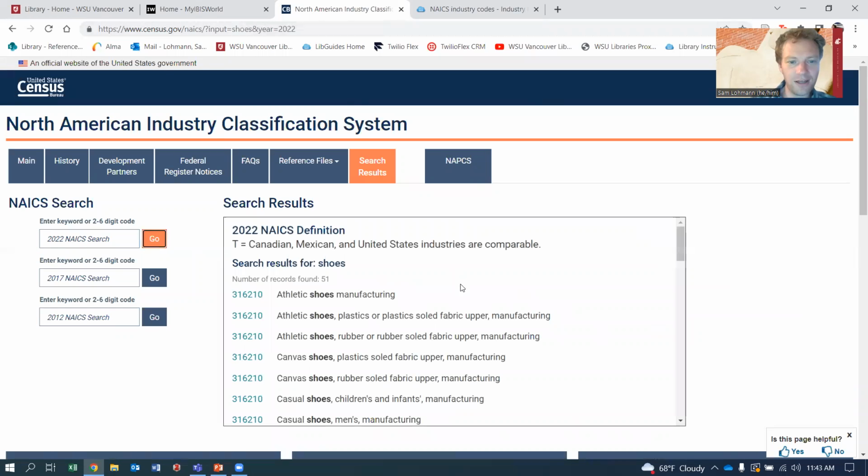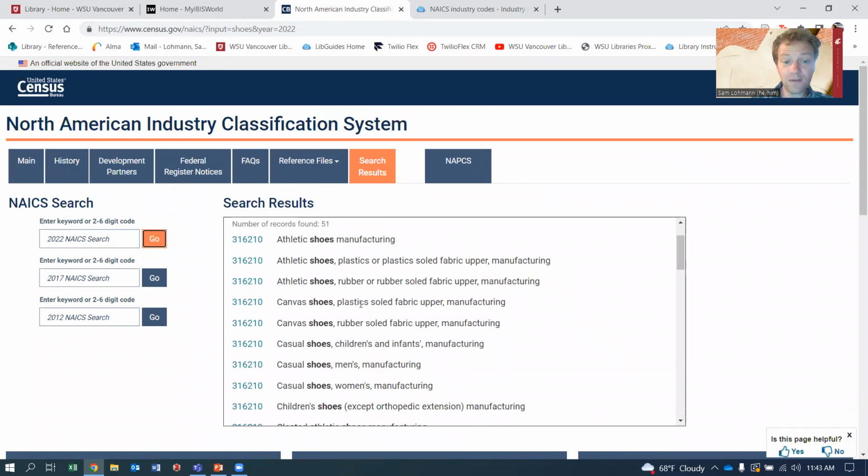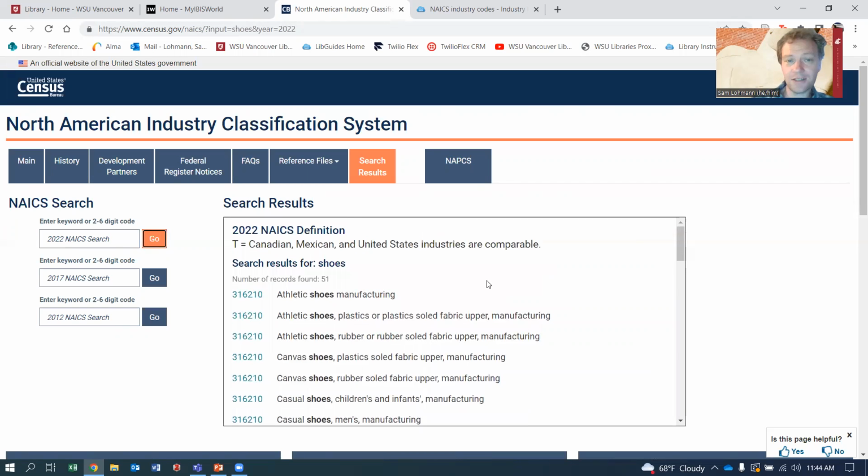I might need to do a little trial and error if they don't like the particular word I chose, but here we can see all these different shoe industries that are all classified with the same code, 316210. So the athletic shoes manufacturing, different parts of athletic shoes, different parts of canvas shoes, and so on. They all have the same NAICS code, even though they also have this vocabulary for talking about them. So I recommend the site just for identifying the NAICS code. You don't really have to do anything else with it except write it down somewhere where you can get it when you want it.